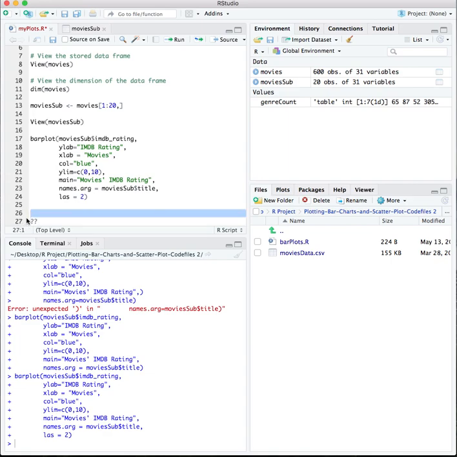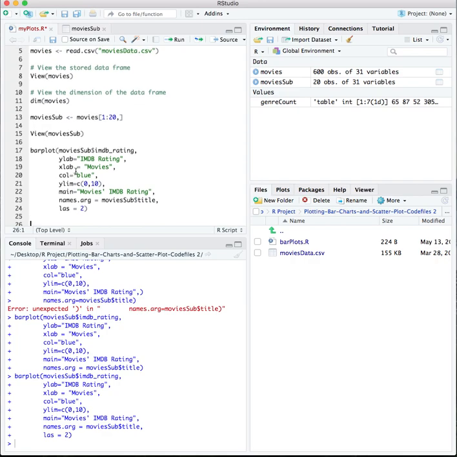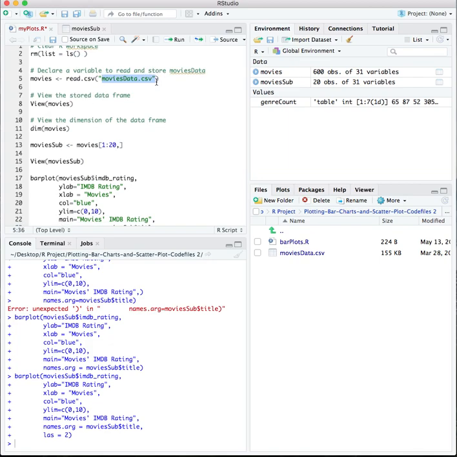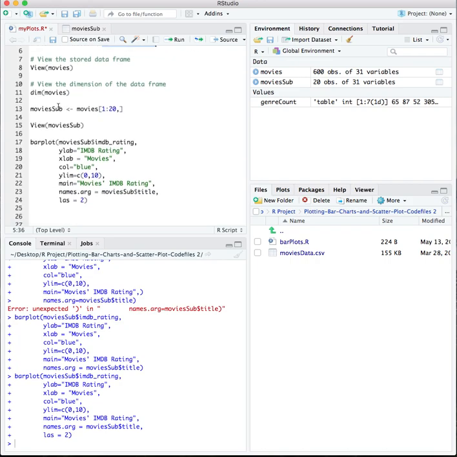So this is the method to draw a bar chart. I am summarizing what we did in the demonstration. To draw a bar chart for the movie data.csv data frame, first we slice only 20 observations by creating a movie sub data set with the same variables.